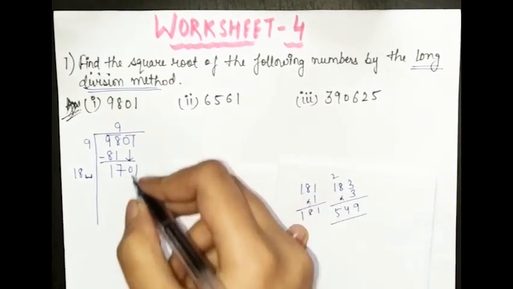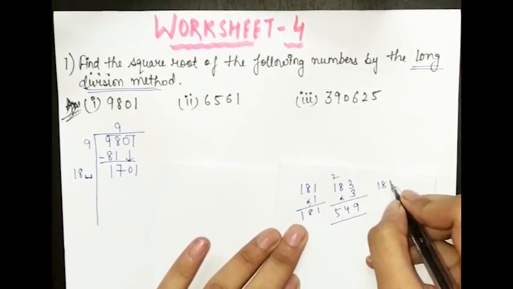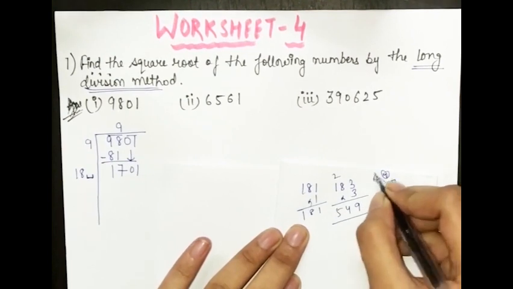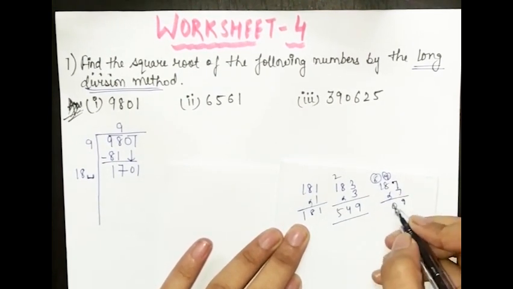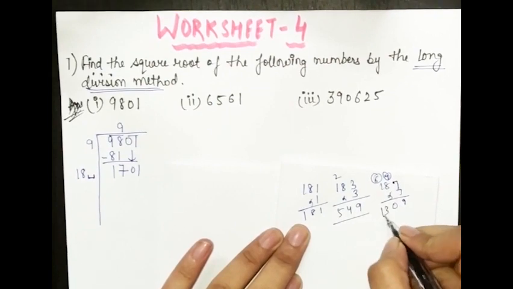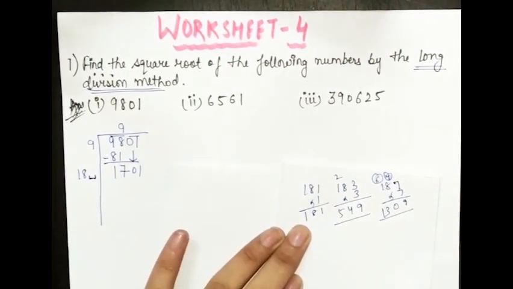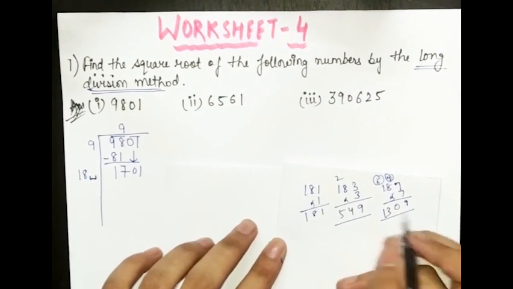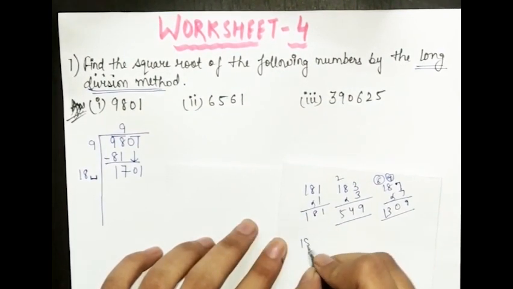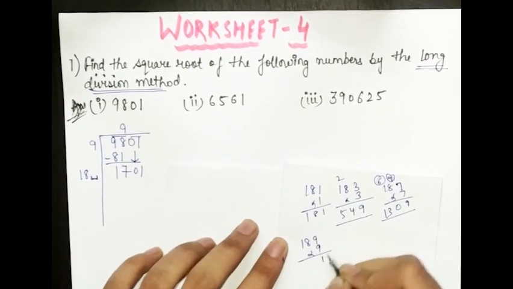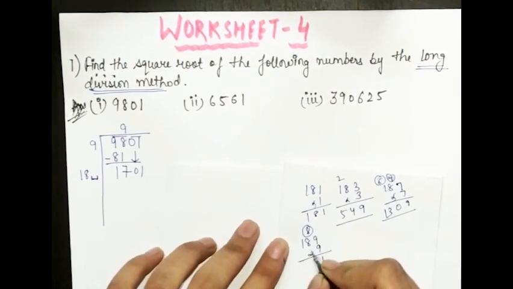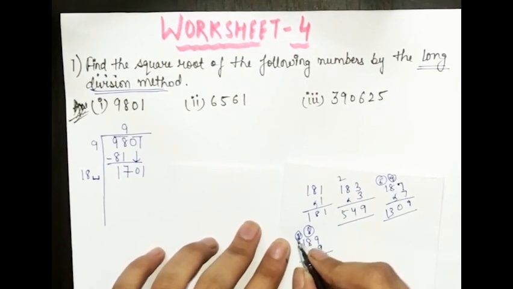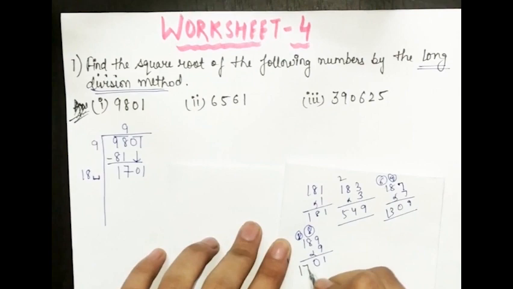That is very small from this. So let's take the example of 7: 7 7s are 49, 7 8s are 56, then 60, 7 is 7, 8 9 10 11 12 13, means 1309. Similarly this will also be smaller, but very much smaller than that. So now we will take 9: 9 9s are 81, 9 8s are 72, and 8 80, 9 1s are 9 and 8, that is 17.